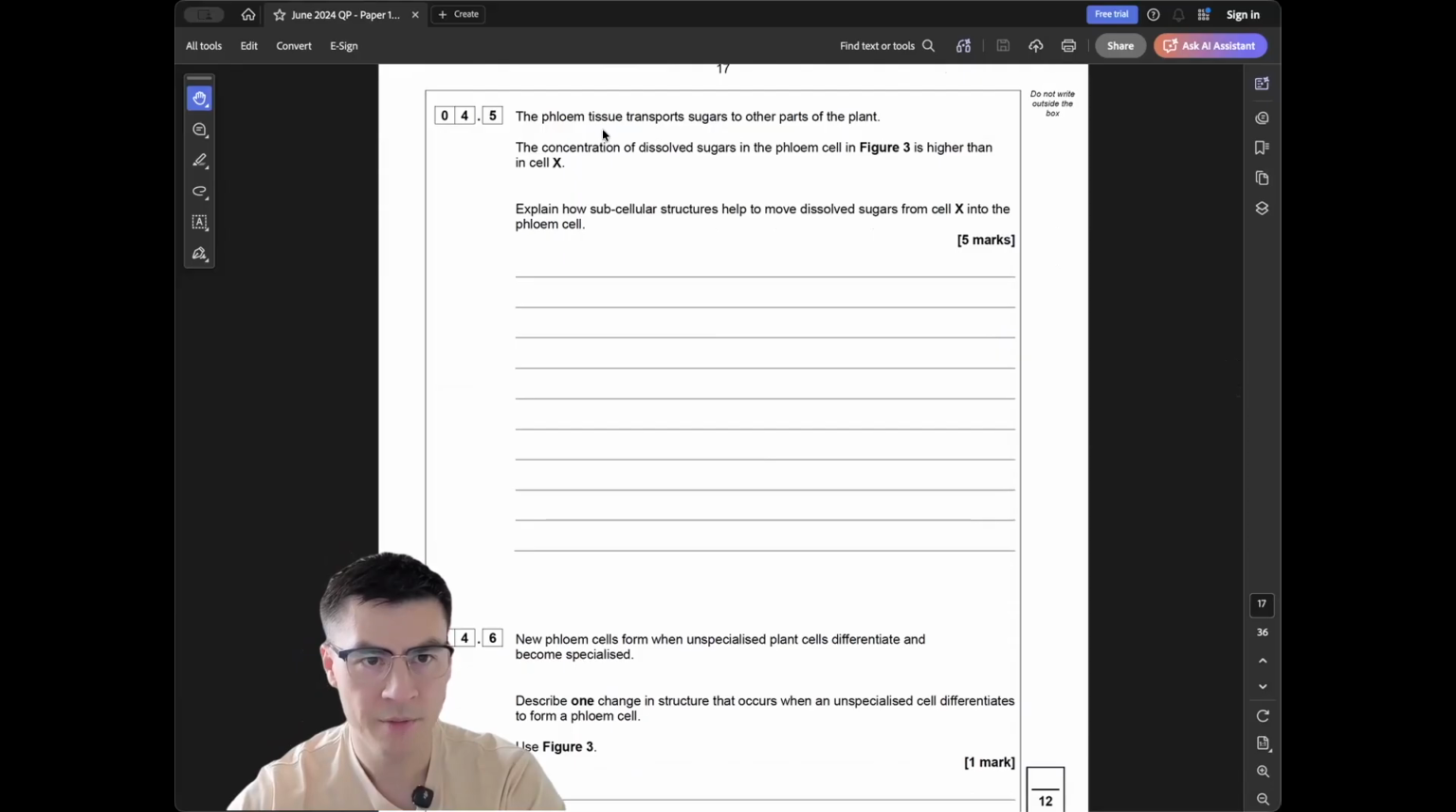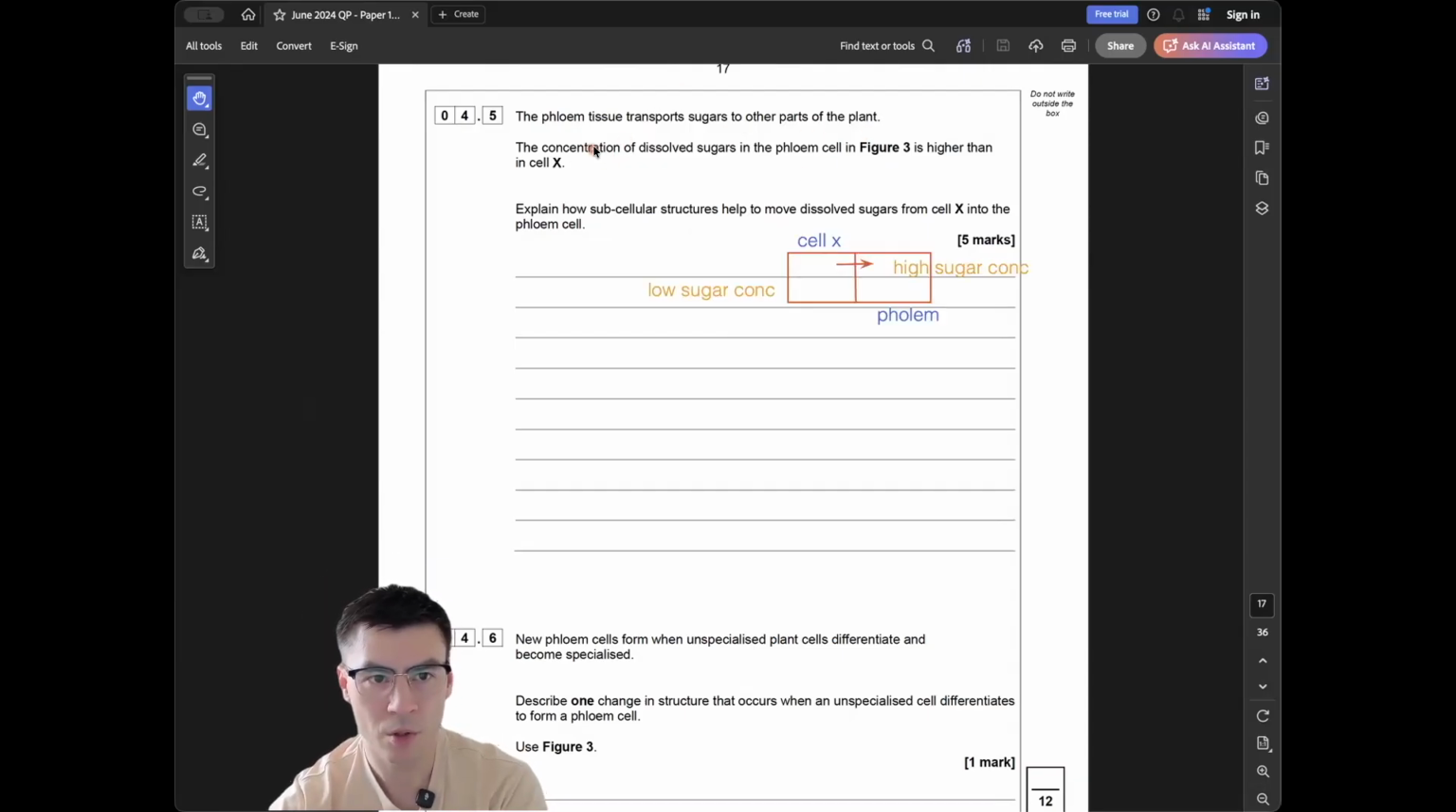carry on. Phloem tissue transports sugars to other parts of the plant. The concentration of dissolved sugars in phloem cell in figure 3 is higher than in cell X. Explain how subcellular structures help to move dissolved sugars from cell X into the phloem cell. OK，咁我哋雖然冇咗個 picture 嚟睇，但我畫咗個 small diagram 係講緊呢個 question 嘅。佢就係話 concentration of dissolved sugar in phloem cell in figure 3 is higher than cell X。咁當我呢個係 phloem 啦，咁有個 high sugar concentration 啦，咁呢個 cell X 就係呢度就係有個 low sugar concentration。咁個問題就問 explain how subcellular structures help